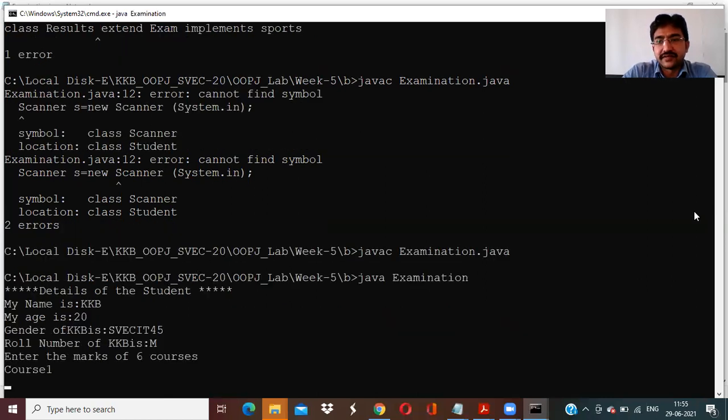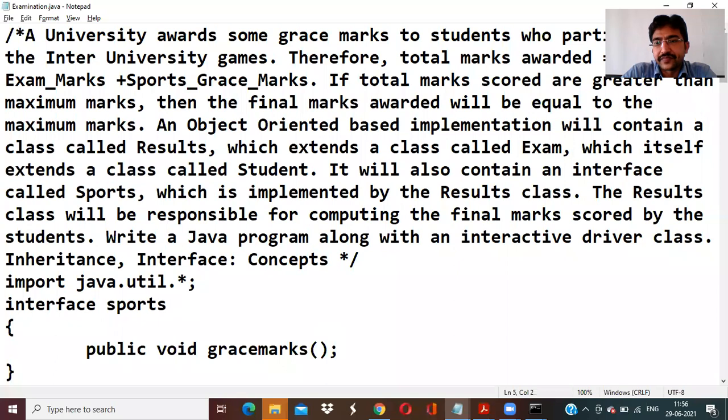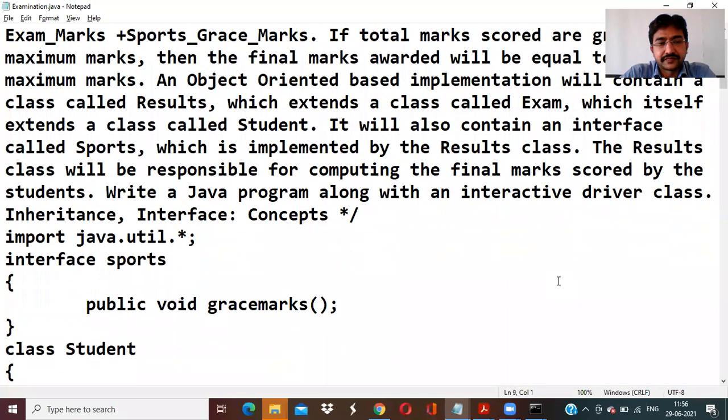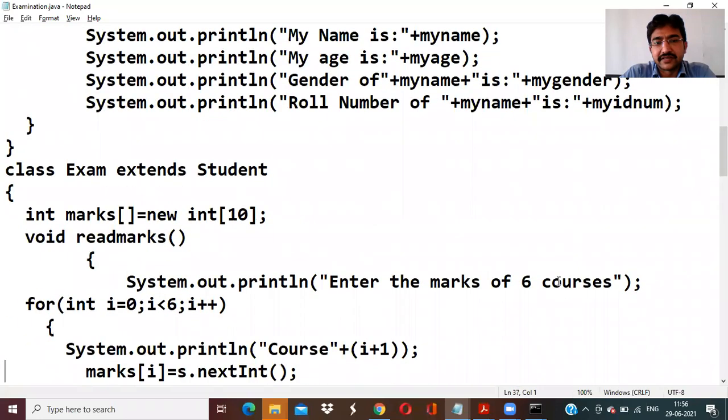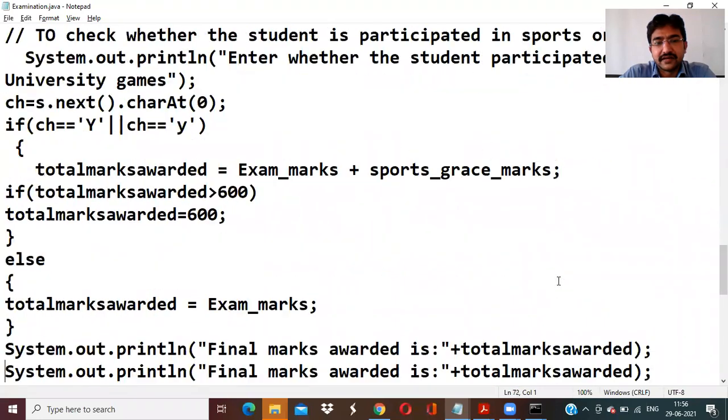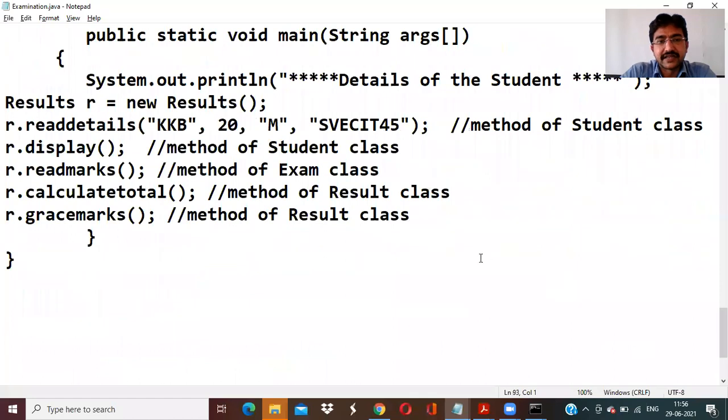It is asking, see, my name is KKB, 20, age 45, ID number, gender of KKB is, okay, we are mismatching the values there. So here we need to assign ID number as the third parameter, gender is the fourth one, and here we are passing the details like this.